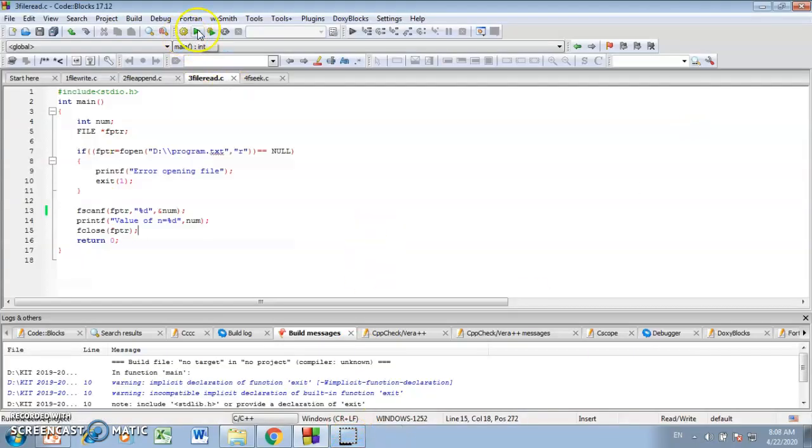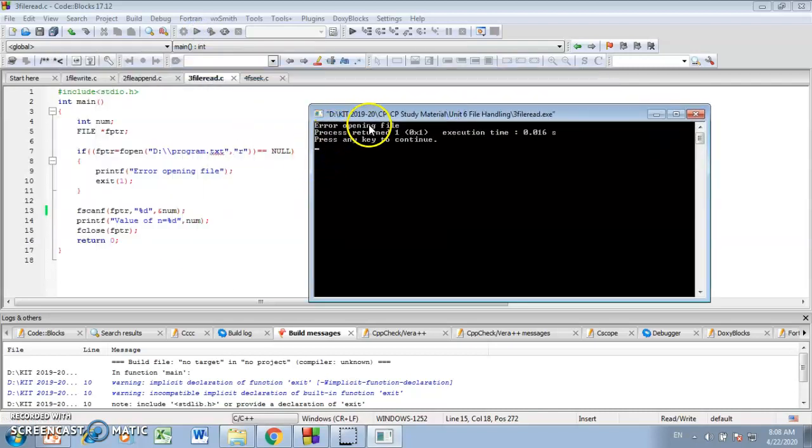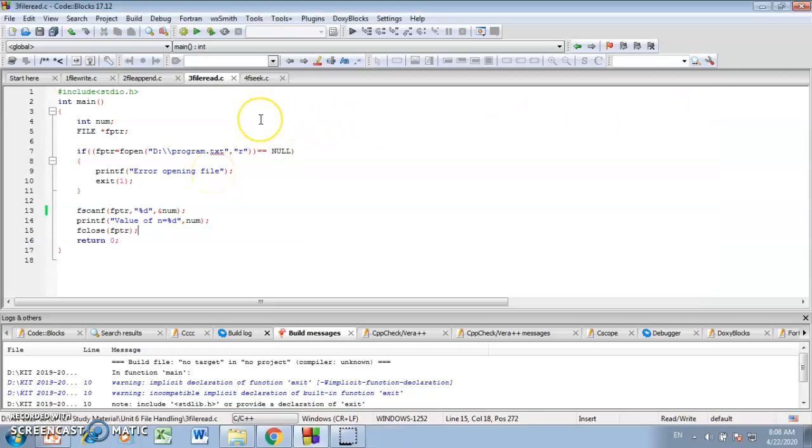So I build the code, run the code, and see, now it will give me the output as error opening file because it doesn't find program.txt. When it searches on the disk, it doesn't find program.txt on D drive. So that's why it will give me the message error opening file. Fine. So this is the way we are going to read the contents from a file.